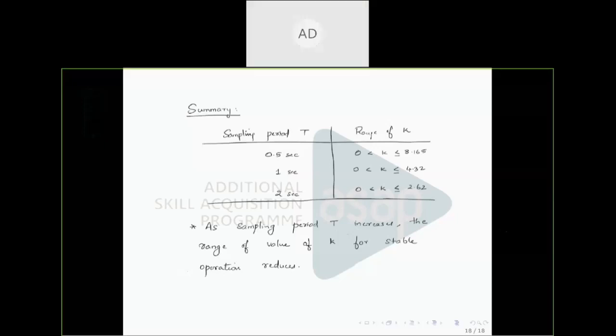The question is how to find the optimal sampling rate. That's a research-level question. You need to find some optimal objective in that case. What is the objective that you want to optimize? Depending upon that, you must be able to write it as an optimization problem and solve that to find an optimal sampling period. So it's not very easy to find the optimal sampling period. You need to specify the objective that you want to optimize, and using that, you can find the optimal sampling period.